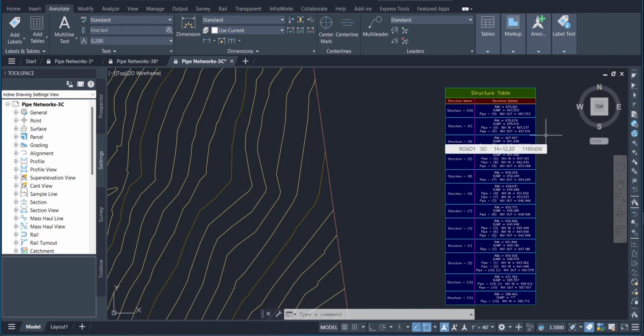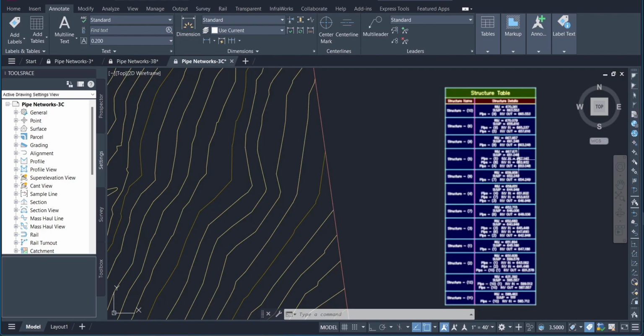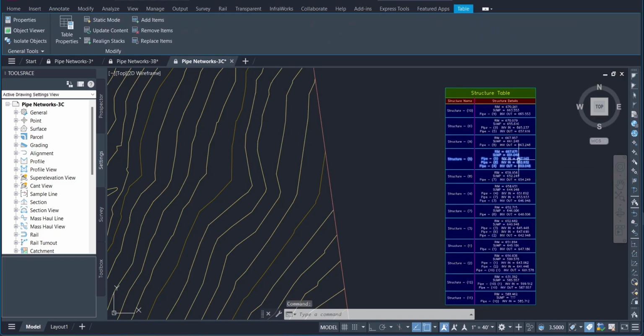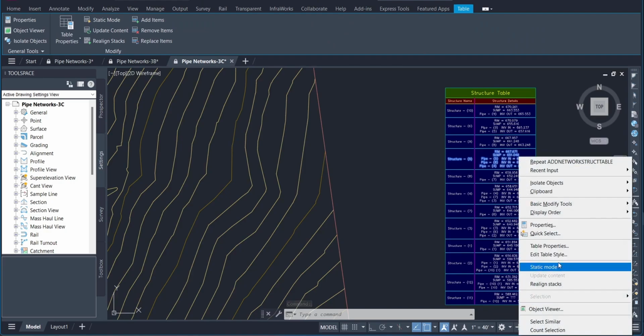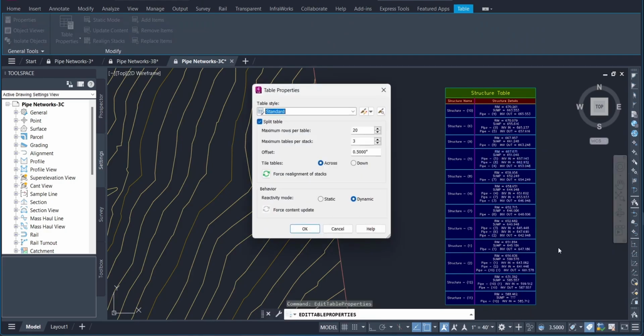Next, you will change the contents of the table by creating a table style. Change the table contents by creating a new style. Select the table by clicking one of the rulings. Right-click the structure table and select Table Properties. In the Table Properties dialog box,